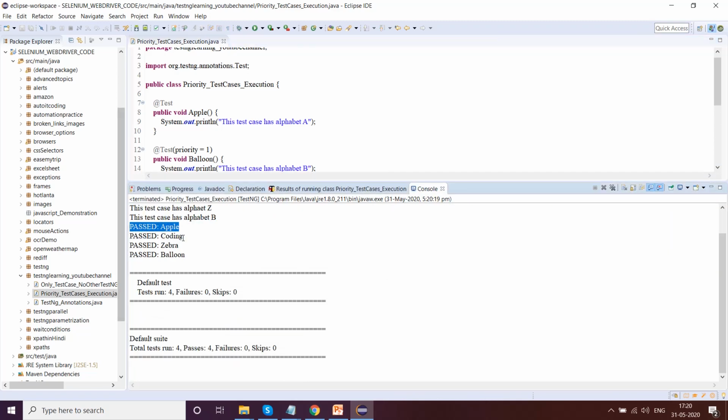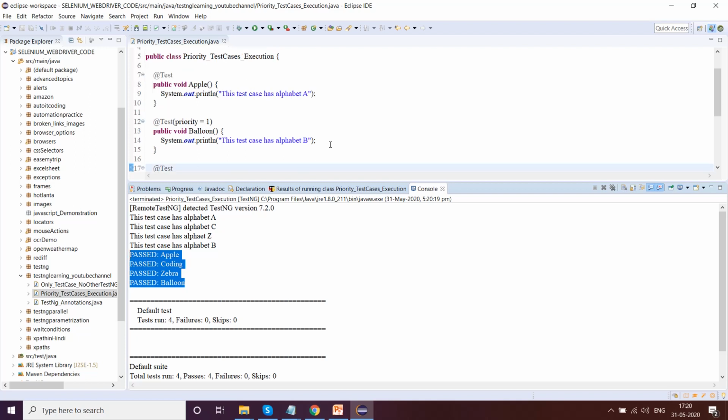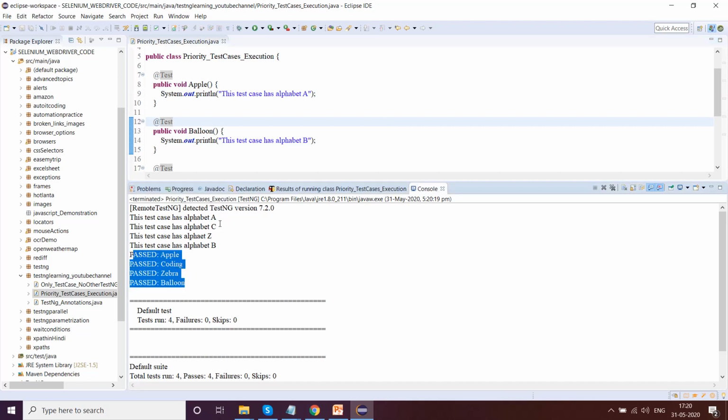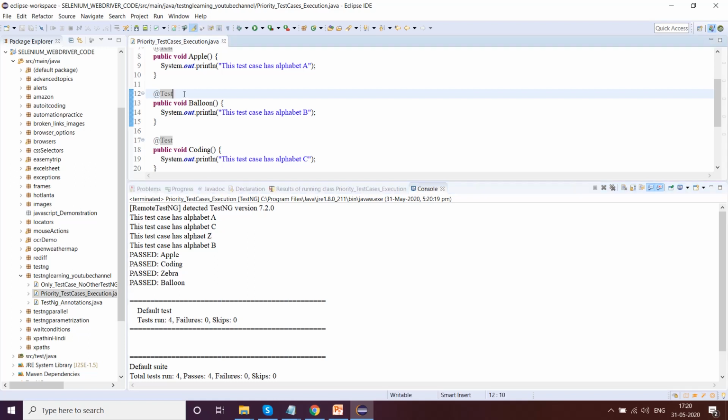Did you get it? It actually gives a very vague kind of answer right now. You set the priority to 1 here, but it has become fourth. Just remember the output: A came first, followed by C, followed by Z, followed by B, wherein priority was supposed to happen here. So instead of priority becoming 1, it became fourth.